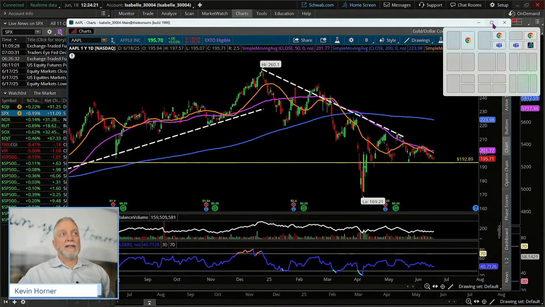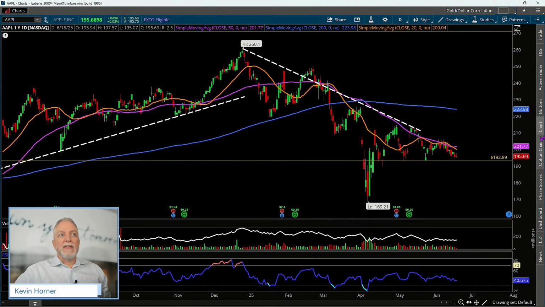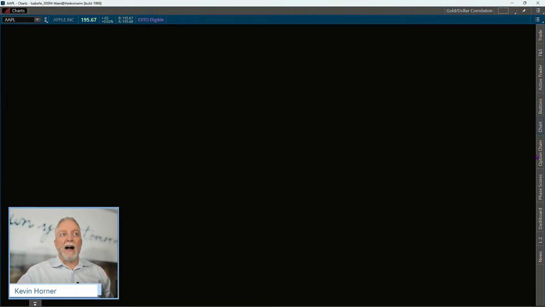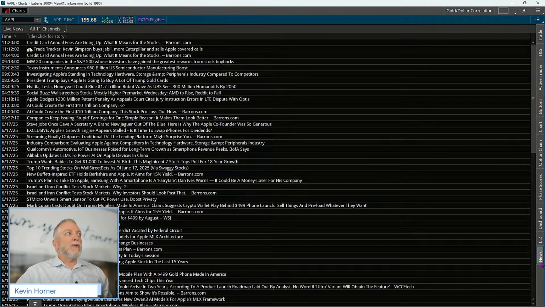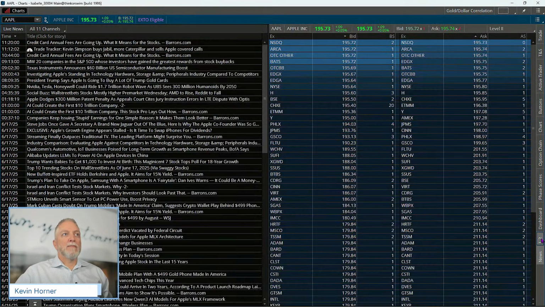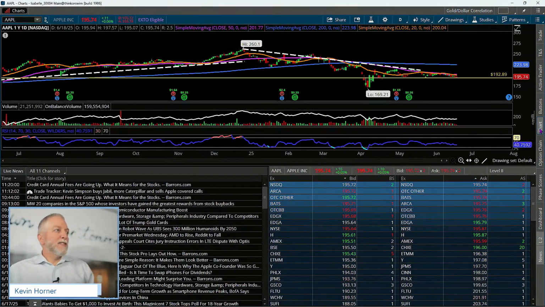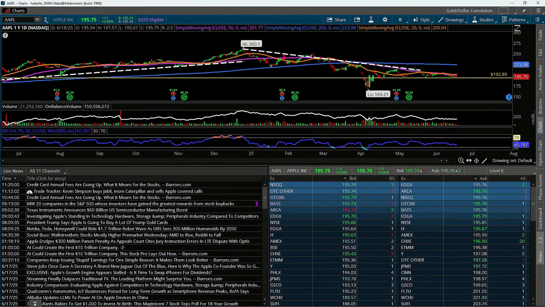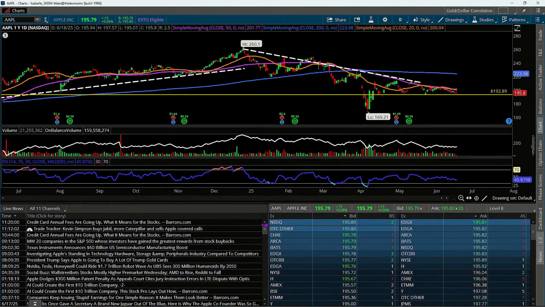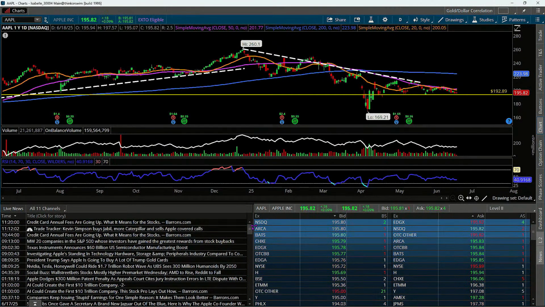Currently, I'm going to go ahead and maximize this just for our visuals, and currently, the only thing highlighted here is my chart, okay? Now, if I didn't want to see the chart, I could uncheck it and I've got a blank box. And then I could start building what I do want to see here. Maybe I want to see news. Maybe I need to see the level 2 data. And maybe I do want the chart, but I want to see it this way, right? Maybe I want to play around a little bit with the size or location of some of my detail.